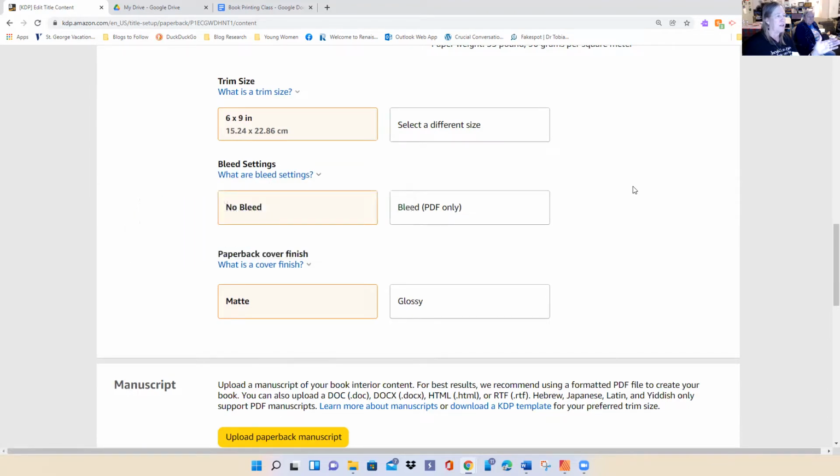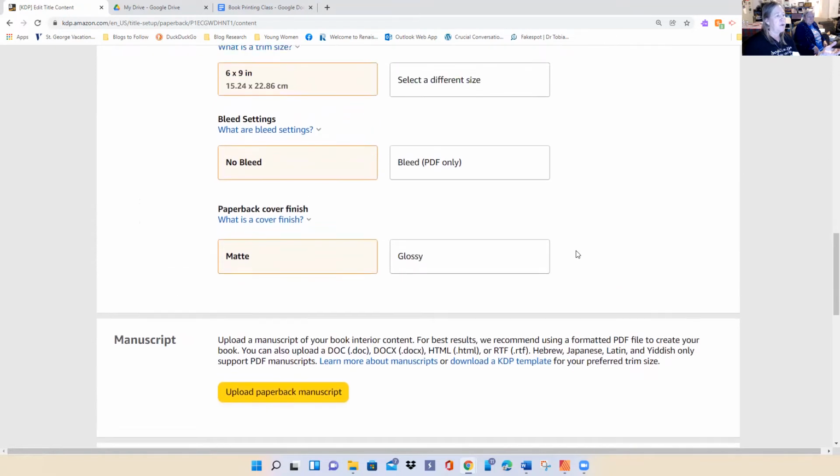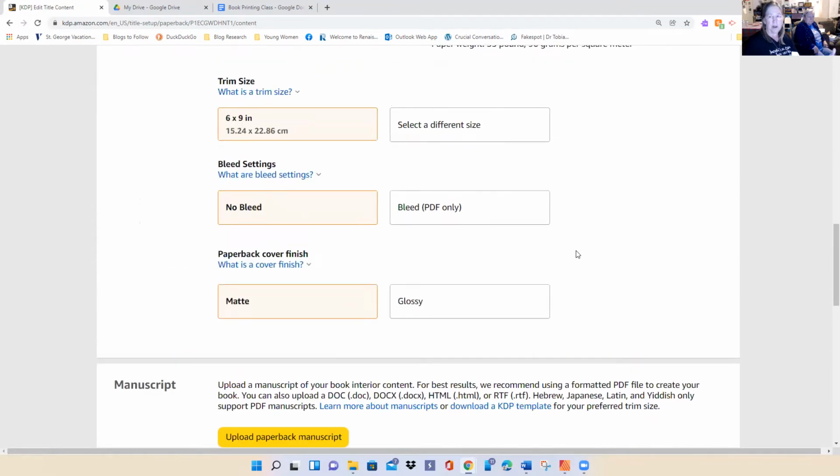It'll teach you, it'll show you how to do it. And then your cover. Are you going to do matte or glossy? And then you have to decide if you're going to use their template or you're going to upload your own. Okay. So I would recommend that when you're publishing a book, one of the first things you do when